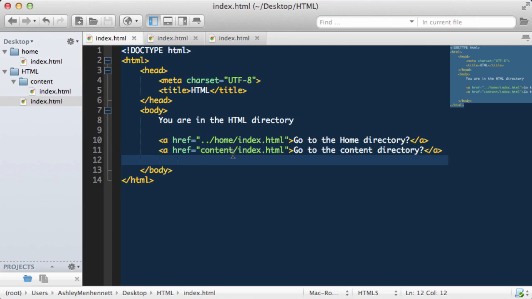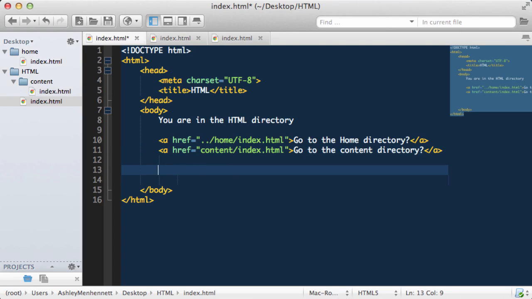So as you may have noticed, when I typed in the absolute file path for Google's homepage, I actually had to pass in the protocol. By protocol, I mean HTTP. HTTP stands for Hypertext Transfer Protocol. That essentially lets the browser know that we want to visit an external page. If I went ahead and just typed in www.google.com,